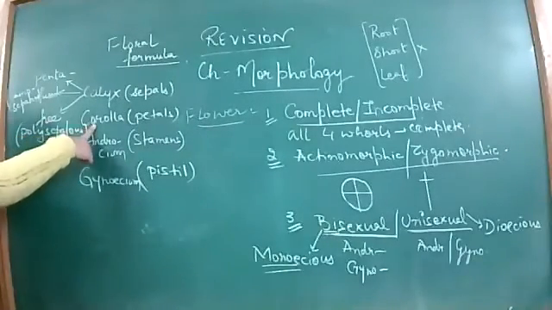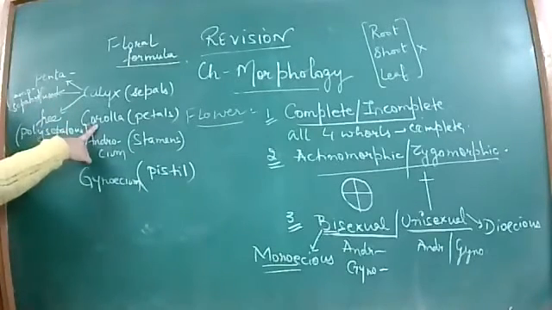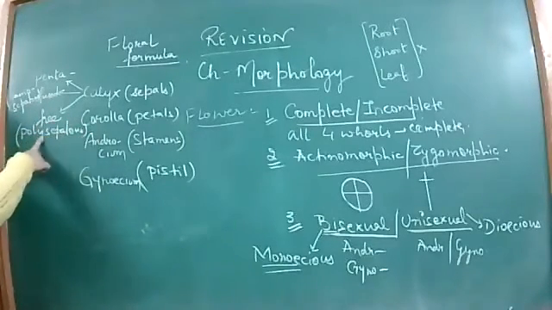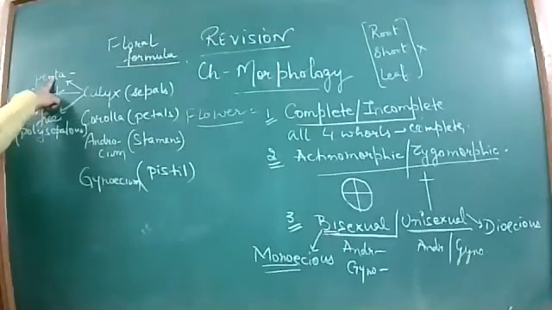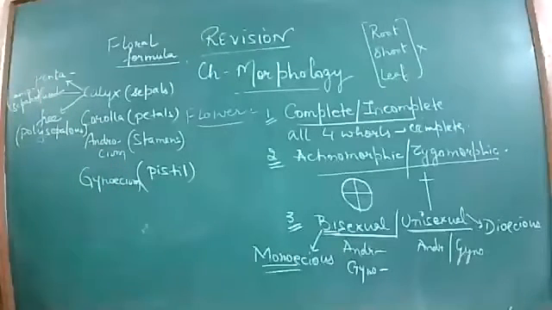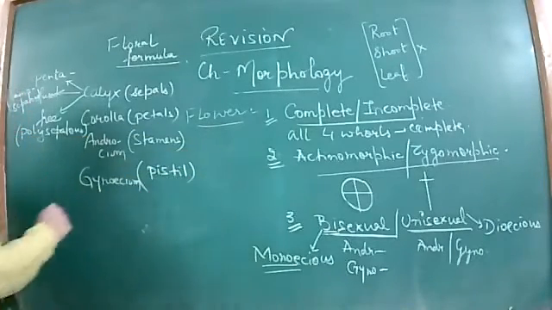Then is the corolla. Same terms are used for the corolla and the petals also. If they are fused, it is called gamopetalous. If free, it is called polypetalous. Similarly, the numbers are also denoted the same, that is pentapetalous or tetrapetalous. So if there are pentamerous flowers, then everything is 5 or multiples of 5. These are the terms we use to describe a flower.